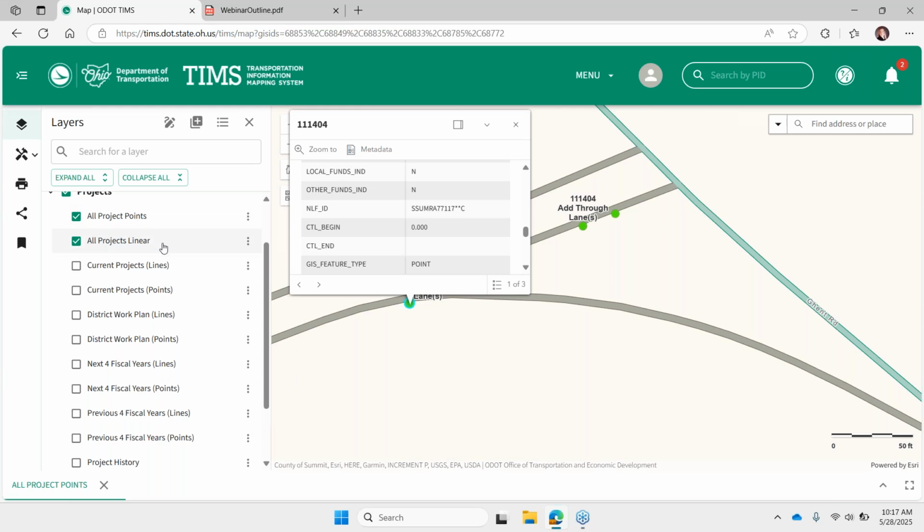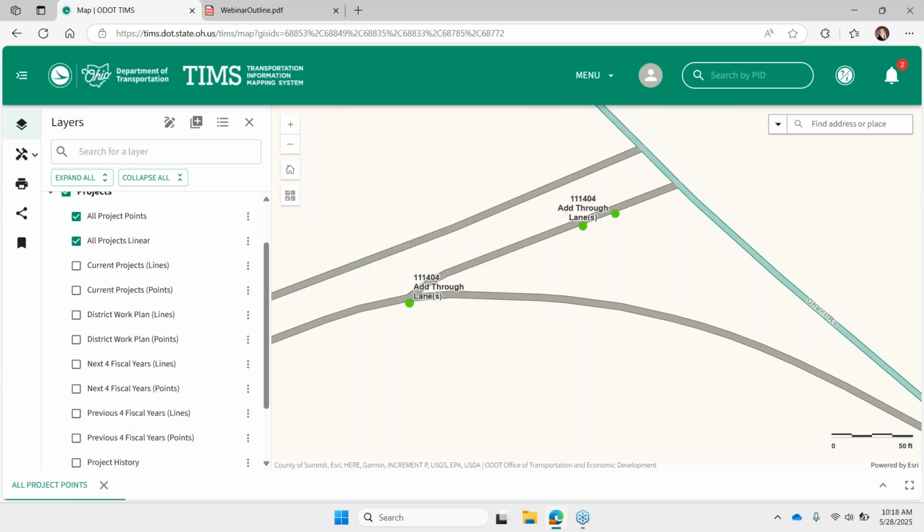And really that's a restriction of the GIS, geographic information systems, the type of data that we're storing on the back end. We have to store those different geometry types in different tables. So hopefully that's clear. And hopefully you're comfortable now with the project search page. You can drop any questions in the chat if you want me to follow up with anything. I'll try to circle back to that when I can.